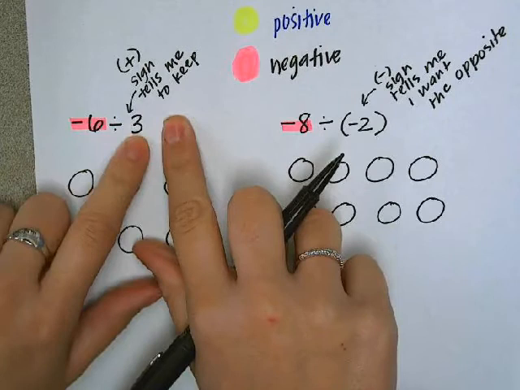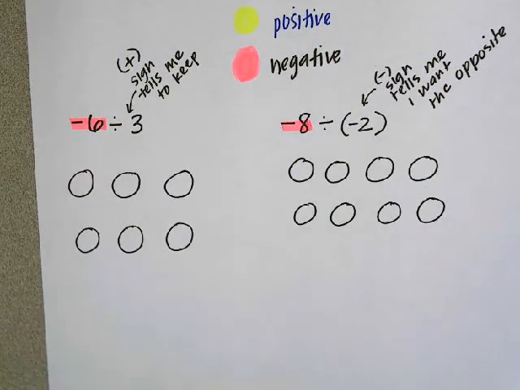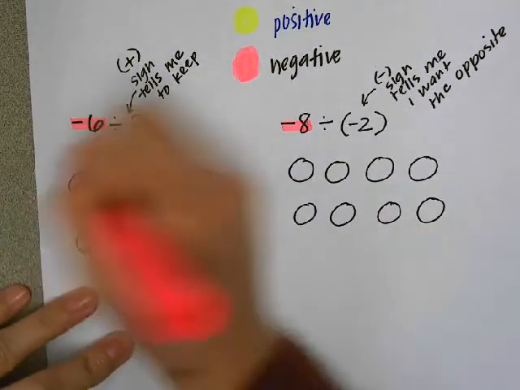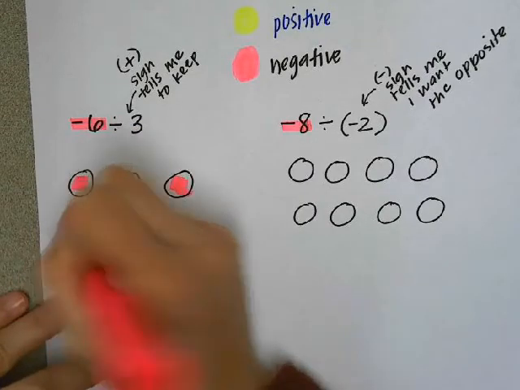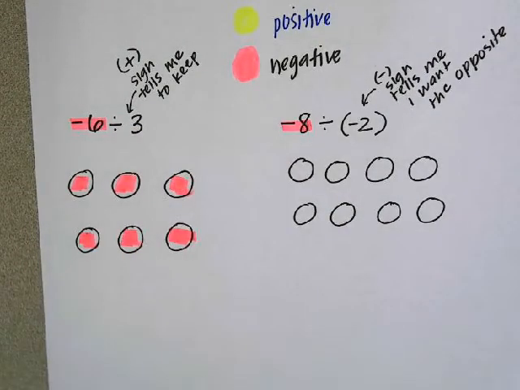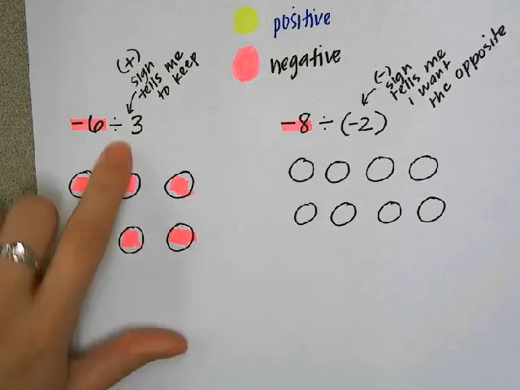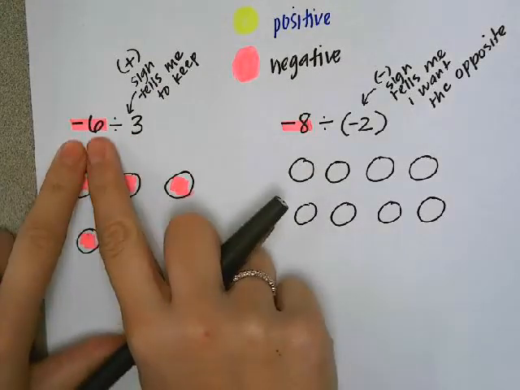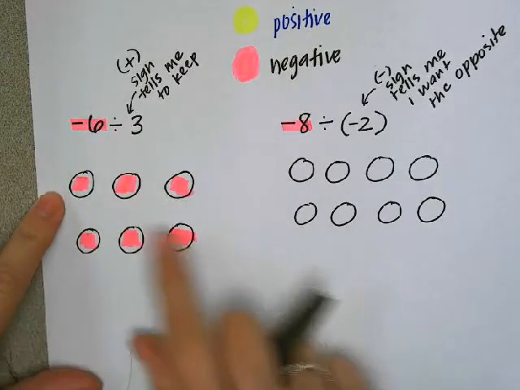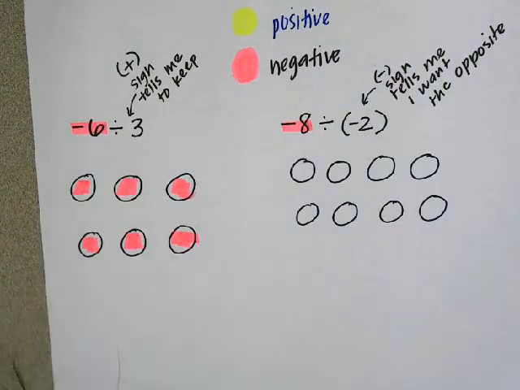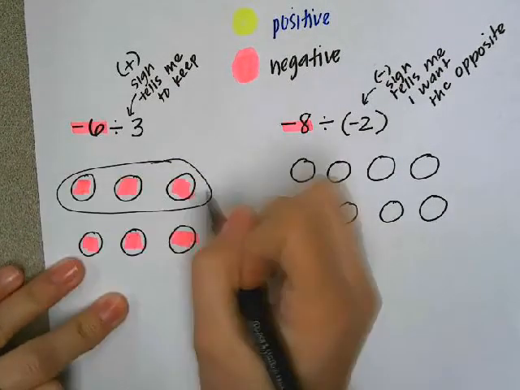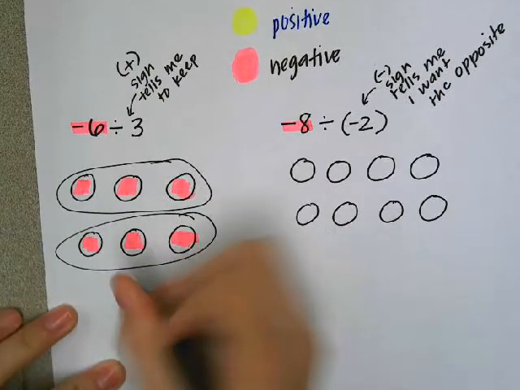So here we want to keep it because it's positive. The divisor is positive, so I'm going to keep the pink sign, and I'm going to color in my circles pink. Now they're negative. Now I'm going to group my sixes: 1, 2, 3, 4, 5, 6. I need 3 in each group. So here's a group of 3, and here's a group of 3. I have 2 groups,